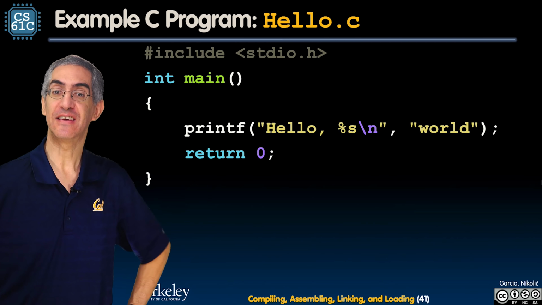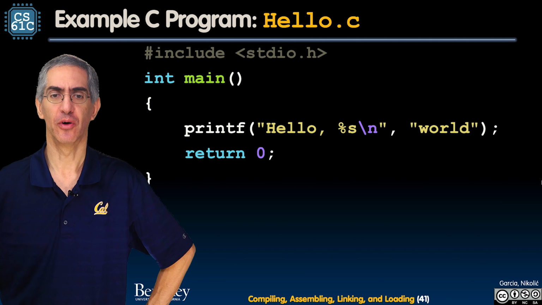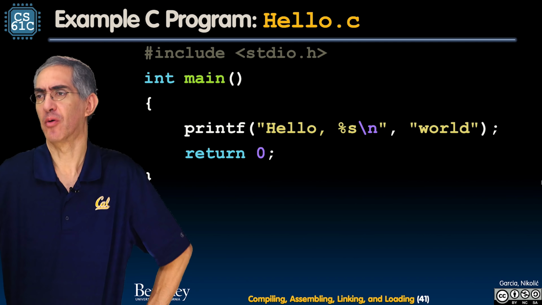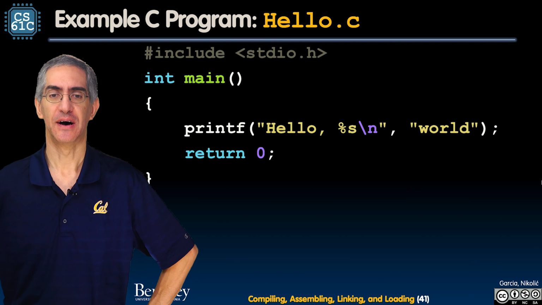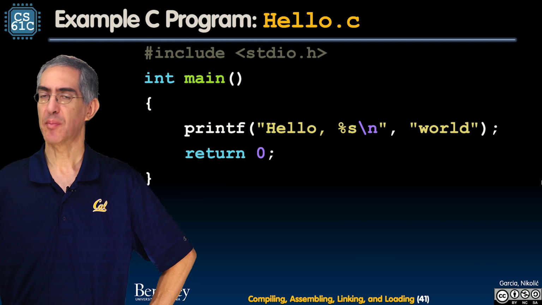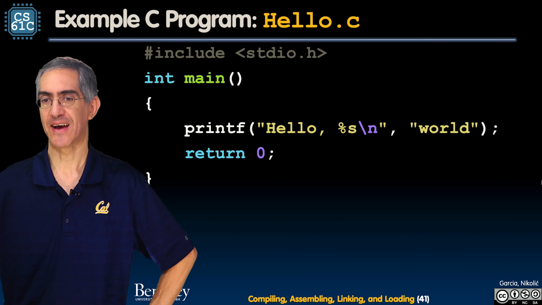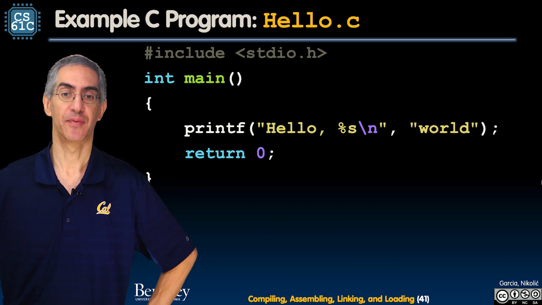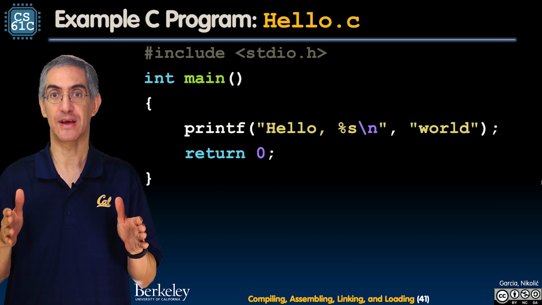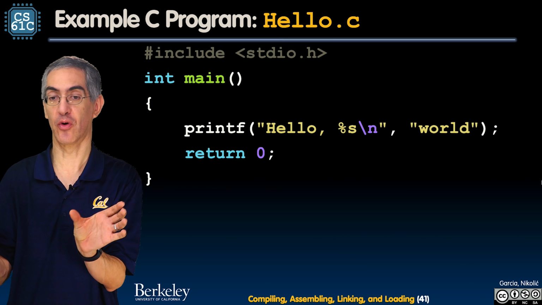So this hello.c is not your normal hello world. I've got a main. I'm ignoring my argc, argv for now. I've got a printf, but my printf isn't just hello world. My printf has two arguments. It is hello string, and then I have a %s, and then the world is going to be fed into